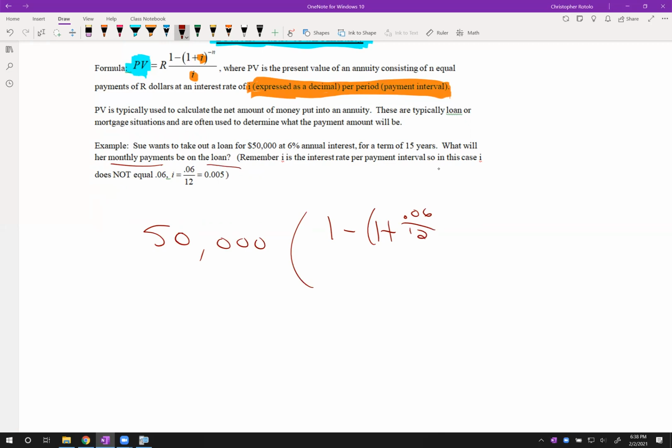All right, so you see the note down here that I is going to be 0.06 divided by 12. Okay, so it's a problem if you miss it too late. That's why I wanted to point it out before. Next thing we have is close that up. That's going to be to the negative 15th power, and it's over top of this 0.06 over 12. And then finally times that $50,000. So